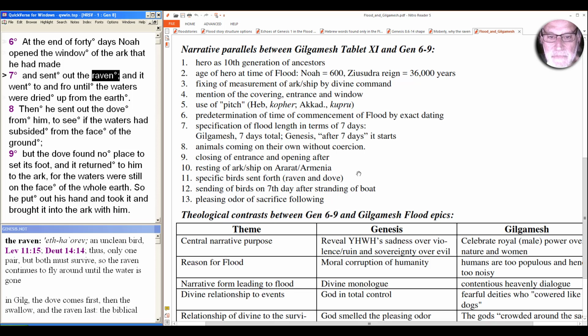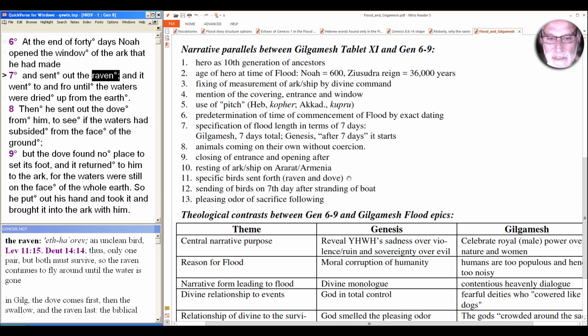In this case, the specifically sending out of ravens and doves. In the Gilgamesh epic, the dove is sent first and the raven second. What does that mean for us? Does it mean that our Genesis authors are slavishly following their source? Plainly not. In fact, as we'll see in the summary I do at the end of this sequence of close-ups of the small sections,